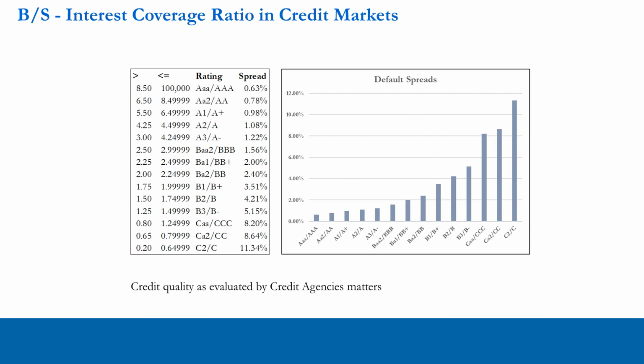Now, in terms of interest coverage ratio in corporate credit markets, we do have our credit ratings for companies, and credit quality is evaluated by credit agencies. And it really matters, because of the price of, or the interest on, the debt, and the risk and the spread of that debt over the benchmark rate, so the 10-year Treasury rate. So we have our various ratings for corporate debt in the same way that we have ratings for sovereign debt, for government debt. So we have our investment grade, our A's, and we have our high yield, and we have our junk.